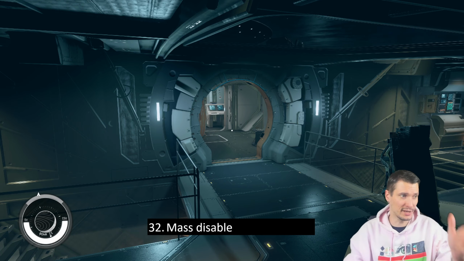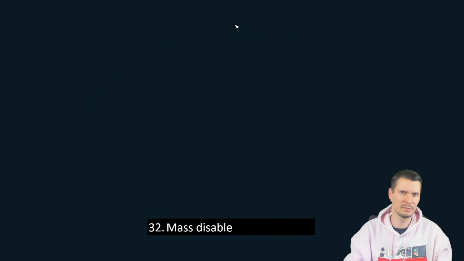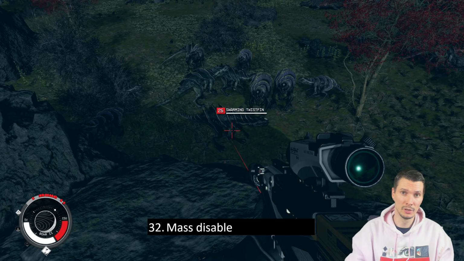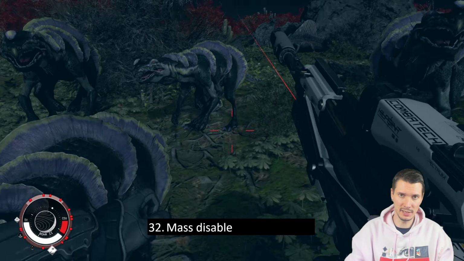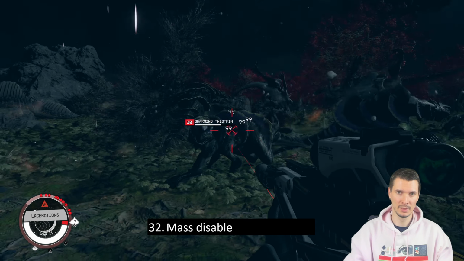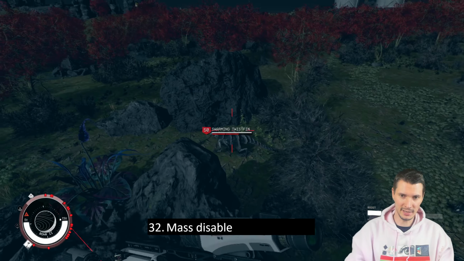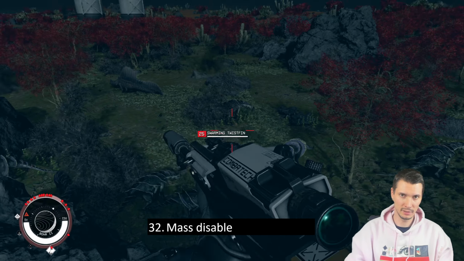The next power is definitely a must. If you haven't seen, it's quite early, you can get it. It's the anti-gravity field, the first one. All right, I found them. So look at these enemies. They are all pretty nasty. They can easily kill me. What if I absolutely disable all of them? You see, in this field, none of them can do anything. And while I can't kill them all, you see, not only can I damage them...